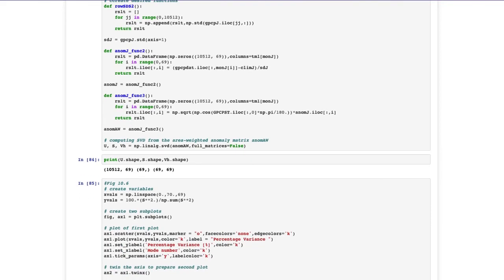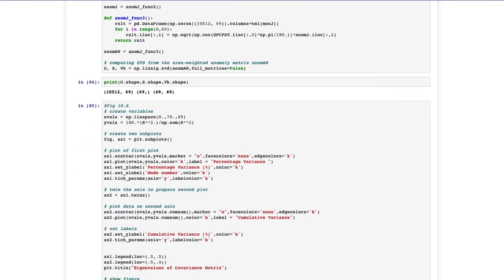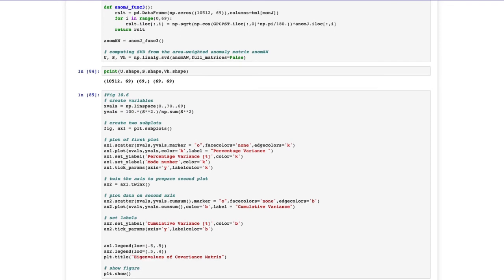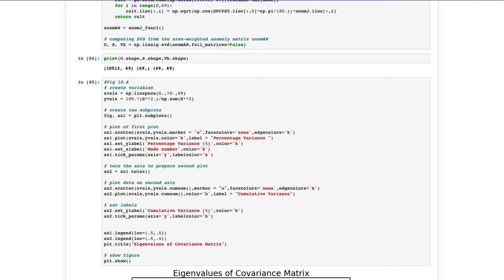Going into figure 10.6, we're going to go ahead and create some variables and plot some figures. First, we're going to start with our X values, which is going to be a linspace between 0 and 70 with 69 digits in between. Next, our Y values, which is going to be 100 times our S matrix squared divided by the sum of our S matrix squared. We're going to create two subplots using that PLT subplots function and setting those subplots equal